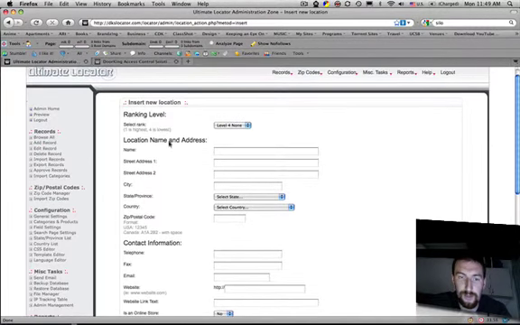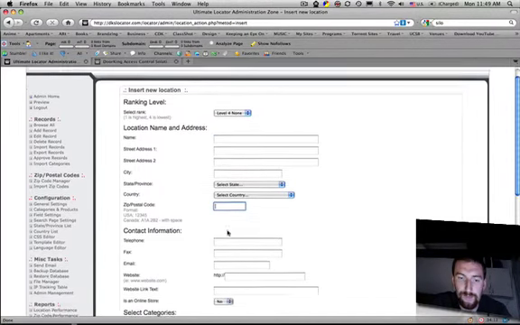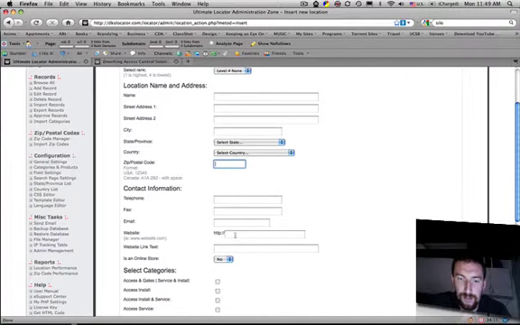So going through this, you'll want to set the level. Specifically for dkslocator.com, we use level 2 for all of the listings. The name of the company, street address, city, state, country. Put in the zip code, telephone, fax, email, and website link text. So if you want it to be something like go to their site or website, that's what you would pick, and then you would have the ability to designate